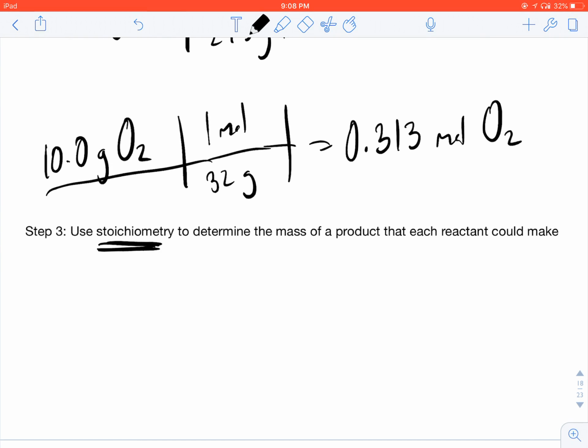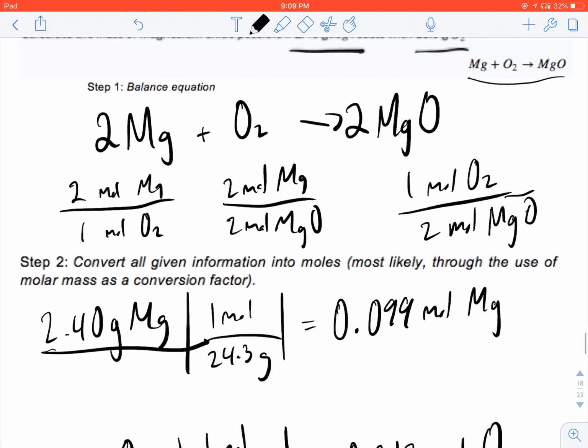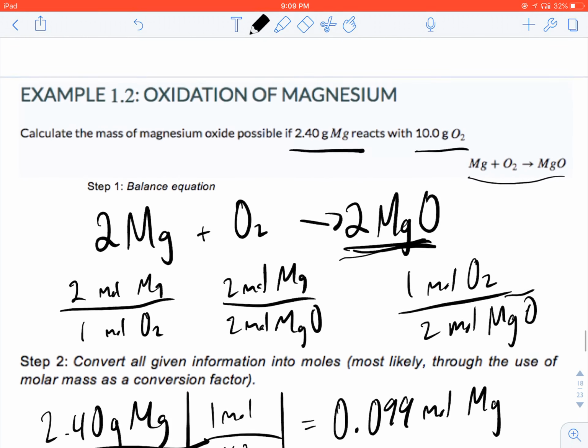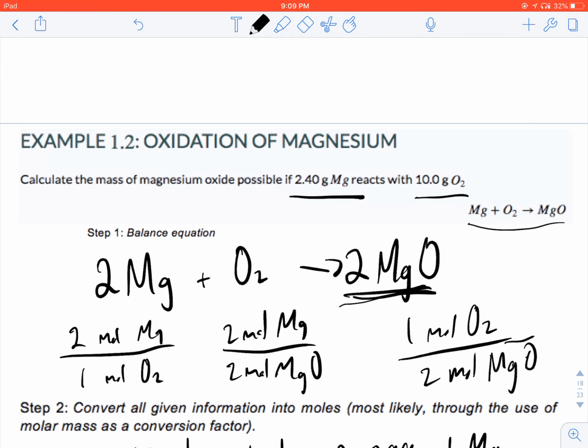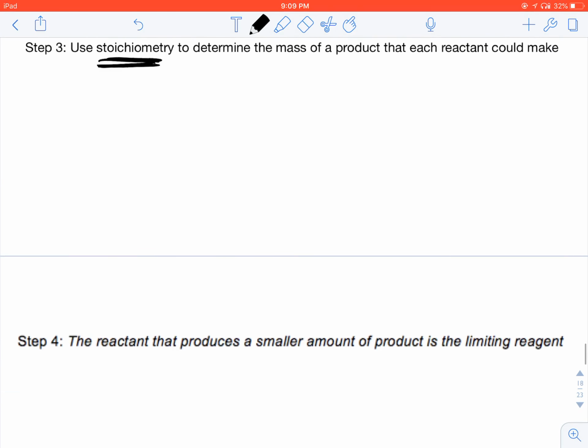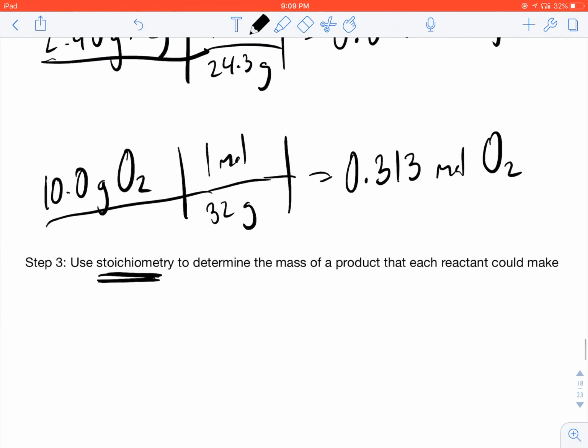Use stoichiometry to determine the mass of a product that each reactant could make. So, in this specific question, there's only one product being made, right? It's only magnesium oxide. Now, if there were 2 products being made or more, what you would do is just choose one, so we have a comparison point. In this case, it's the illusion of choice, right? Because there's only one choice here. So what we're going to do is assume,